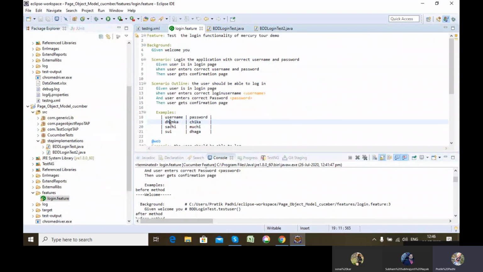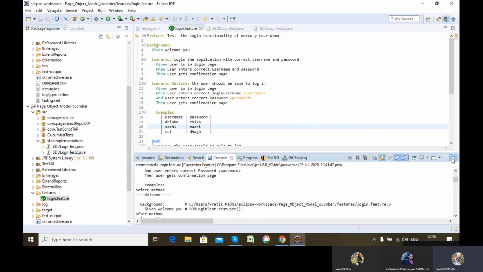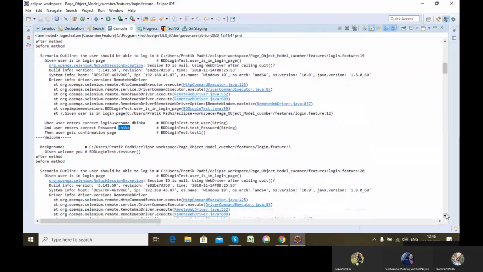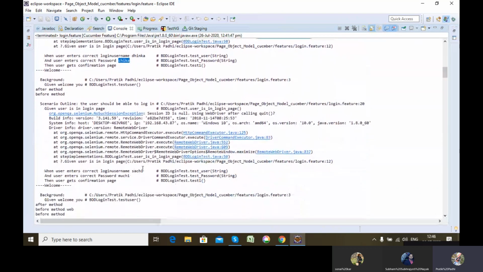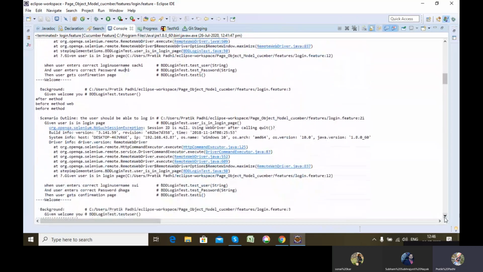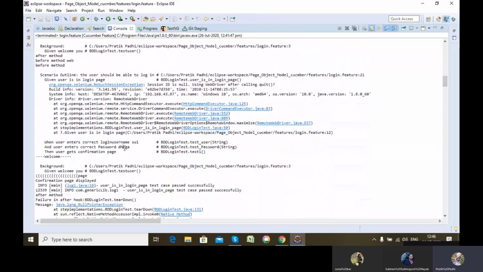Then the second one is this one and this one. You can see it executed for the second set of data, and it executed for the third set of data. Got my point?